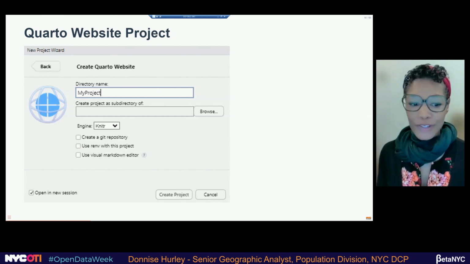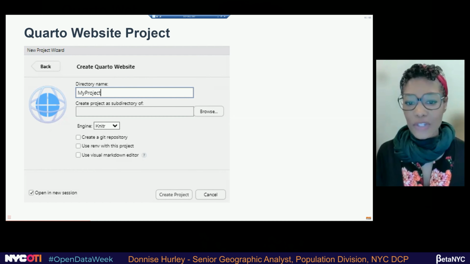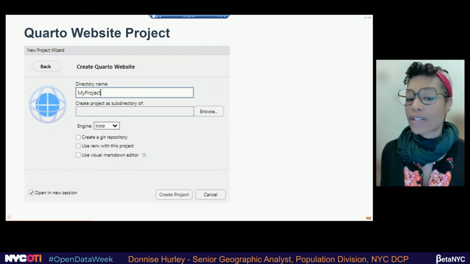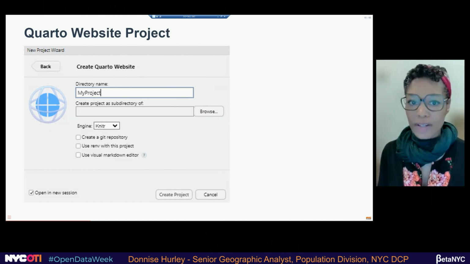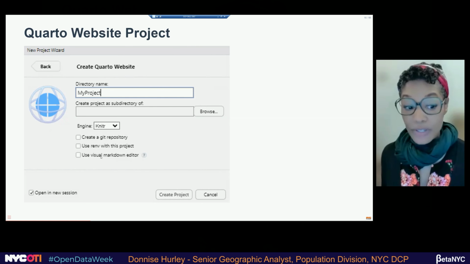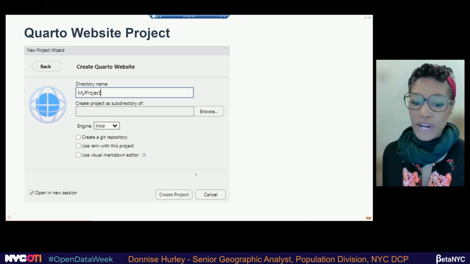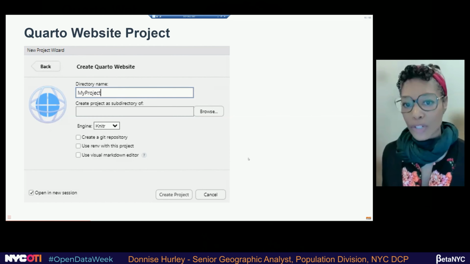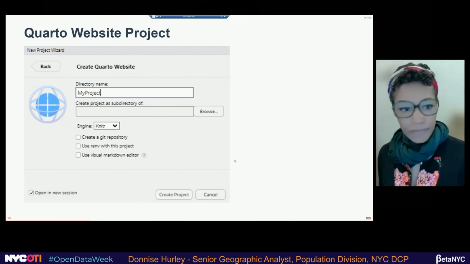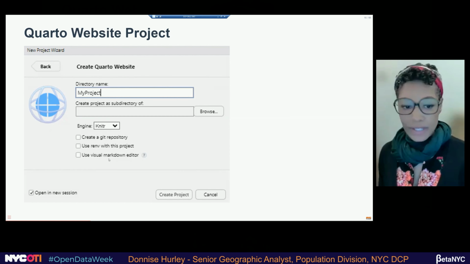For those of you who remember Microsoft Clippy, it gives you some tooltips and suggestions, if you don't know how to bold your text, or if you don't know how to add an image, you can do that in the visual editor. I personally do not use it because I find it distracting, but I can see it's a good transition for someone who's just getting started. But we'll focus on the source one here.